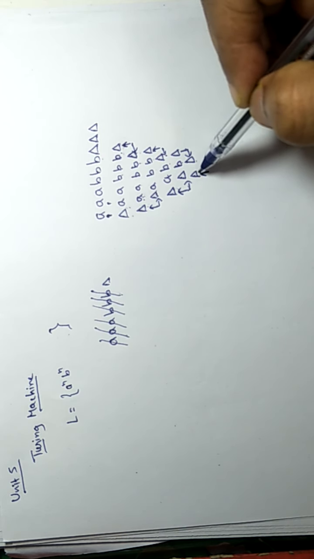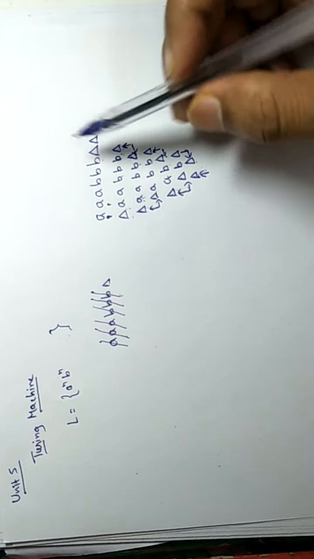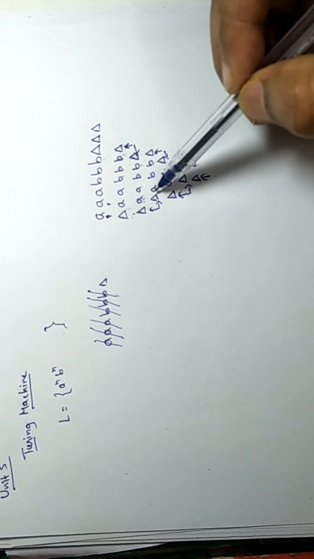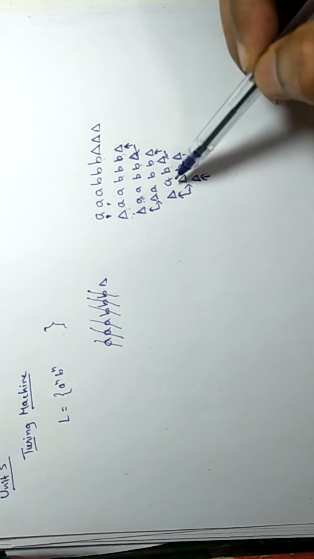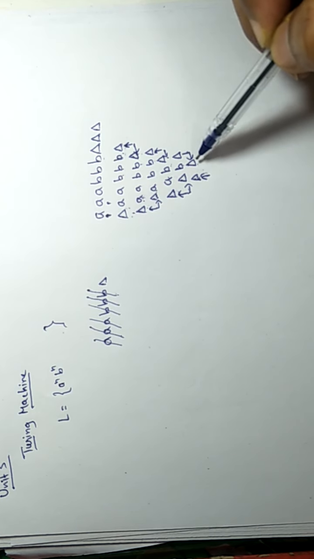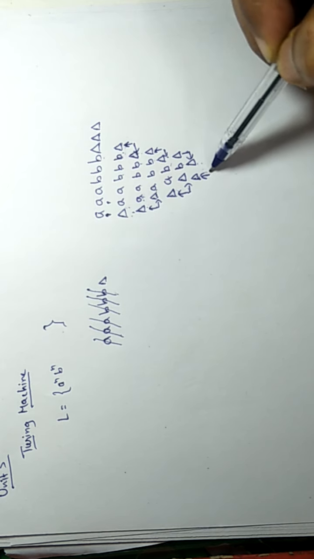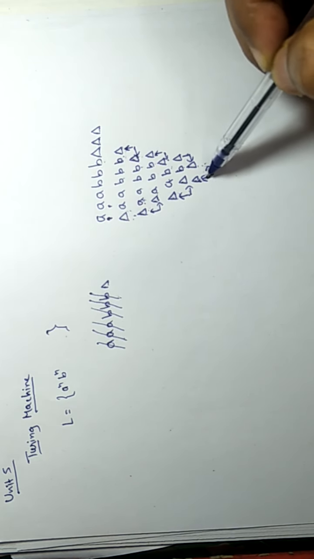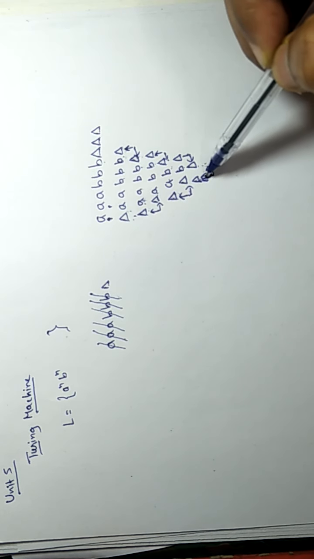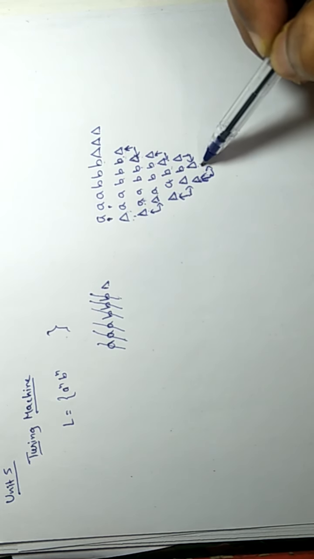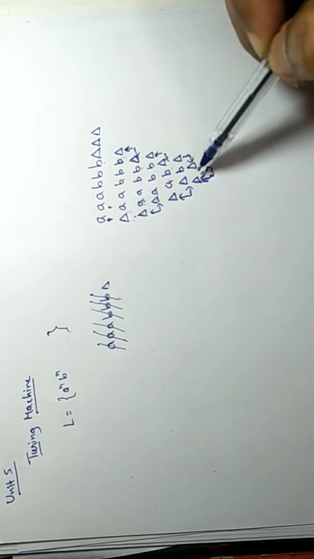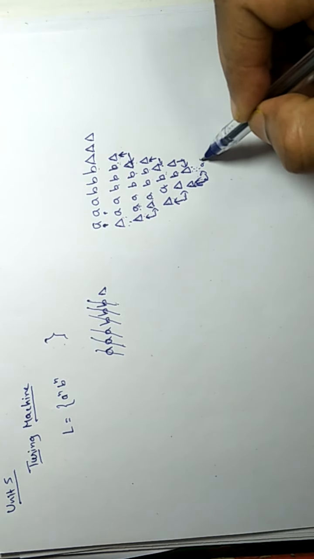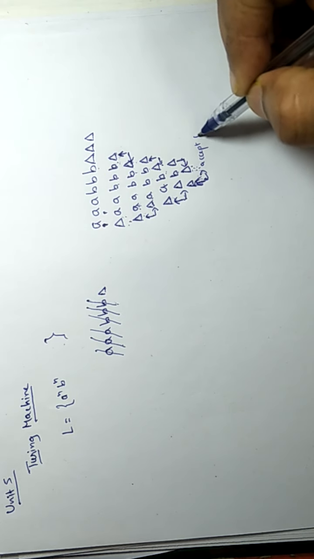But here at the end, when we mark this A and this B here, this A and this B here, and this A and this B here, we will not get A. Here in the right of this leftmost blank, at the corner we will not get more A. Here we will get a blank after blank only. So this will be the condition to accept the input.